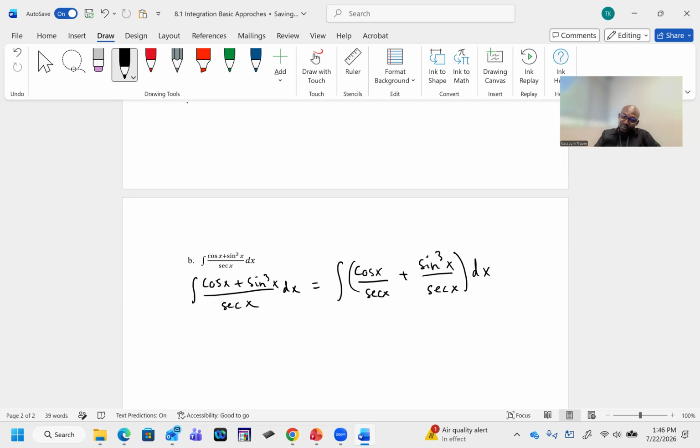We know 1 divided by secant x is cosine x, right? So this is just like cosine square x,